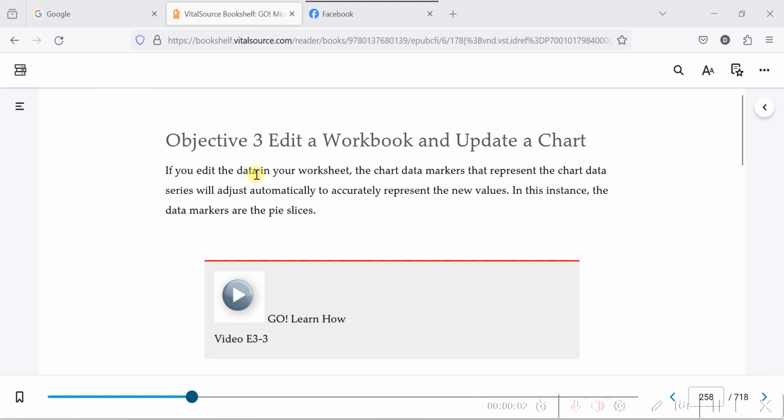Alrighty, this is the next section in our lesson 3 book. No, lesson 3 in the Excel book. So now we've created the chart. It looks pretty good. Now we're going to edit the chart workbook and update our chart. We did something relatively similar to that last night, when we were working with the 3D